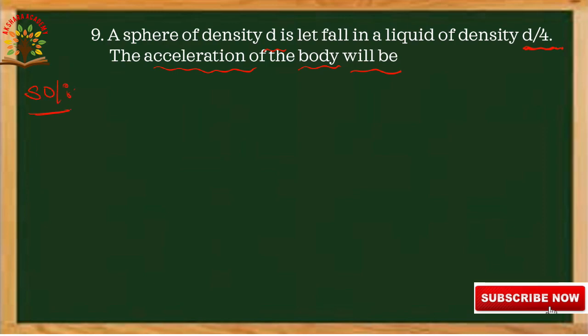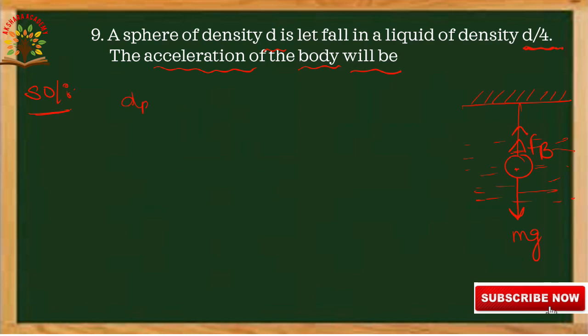Now suppose a sphere of density d is floating in, for example, assume that it is in the presence of liquid, and this is the sphere. One force is acting vertically downward, that is the gravitational force. One force is acting vertically upward, that is the buoyant force, the upthrust, also acting vertically upwards. And here now let us go to the solution.